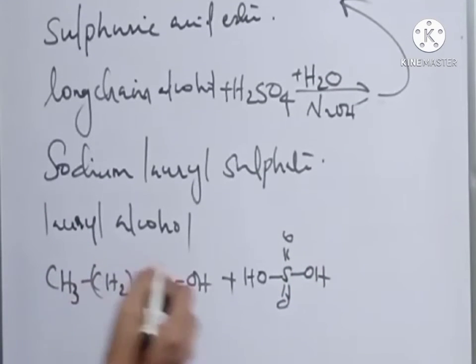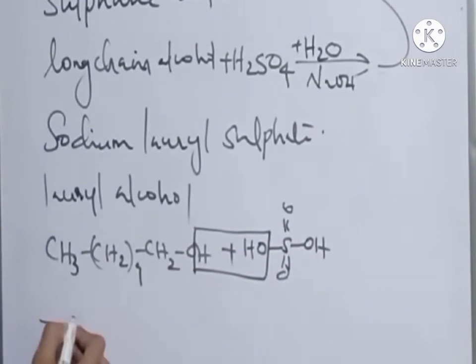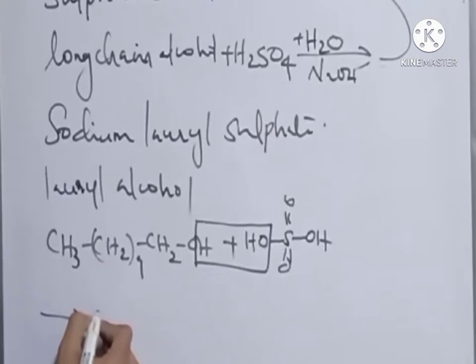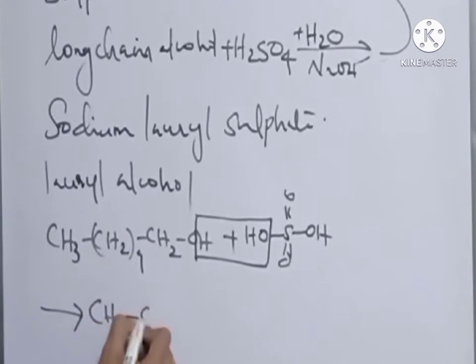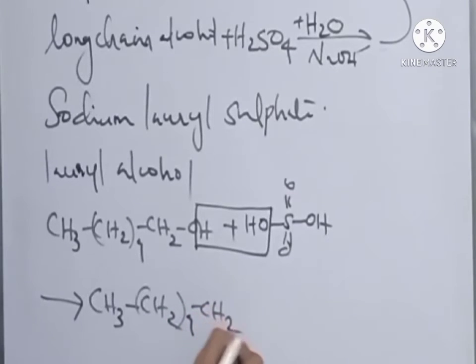So during esterification, a water molecule is eliminated and we'll get a molecule like this, CH3 (CH2)9 CH2O